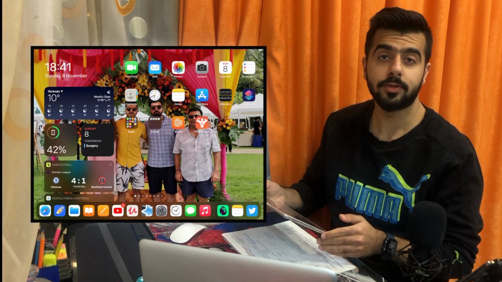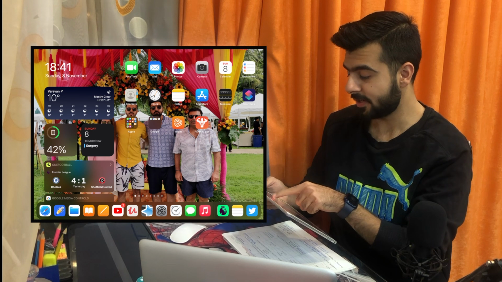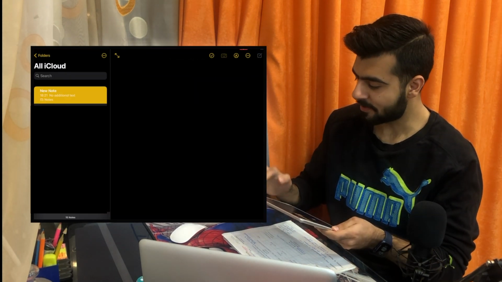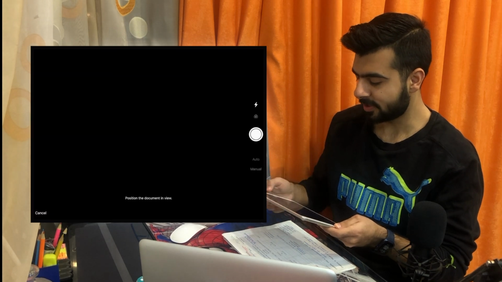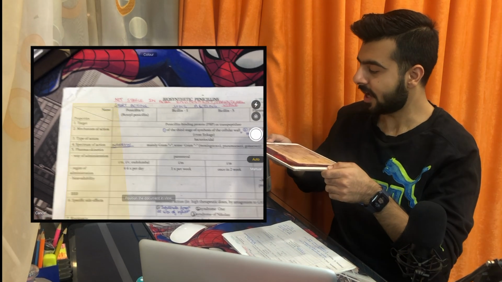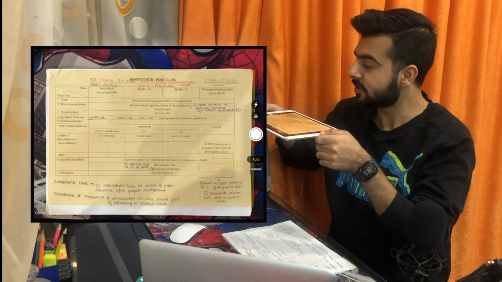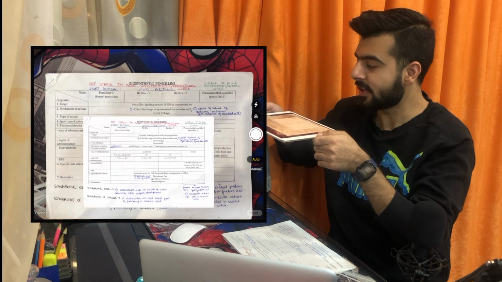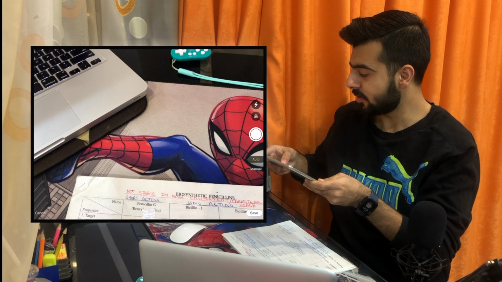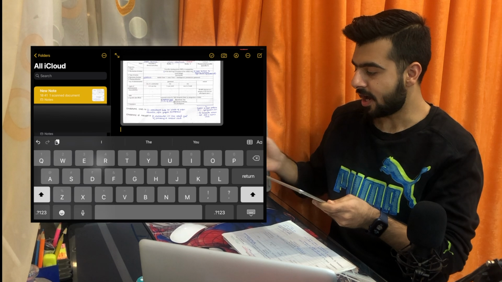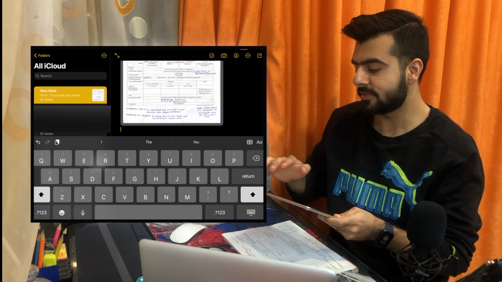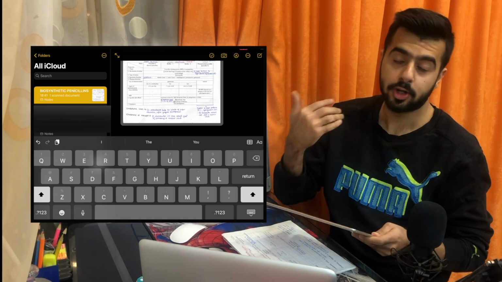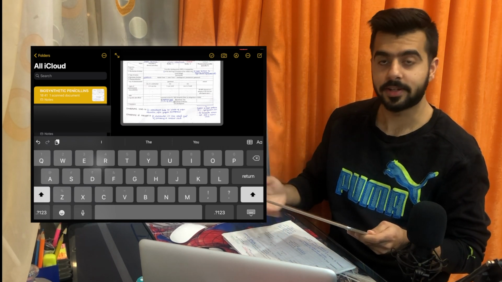So for this, what you do, you open the Notes app in your iPad or iPhone, and you go to a new note and click this camera button and click scan documents. This will open up the camera and it will let you scan the document which is in front of you. Here you can see it does it all automatically. It scans the document and then you hit the save button. After you save it, it automatically saves into your Photos app, and now it's the moment when you transfer this photo to your laptop to make the Anki card on it.